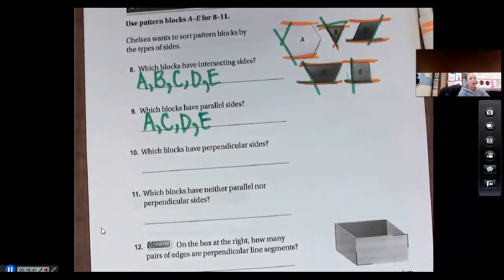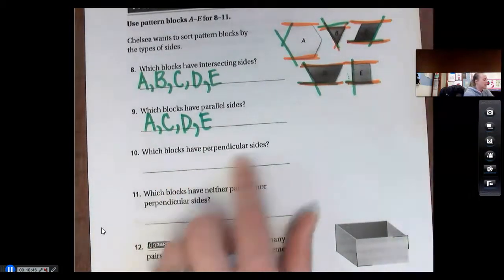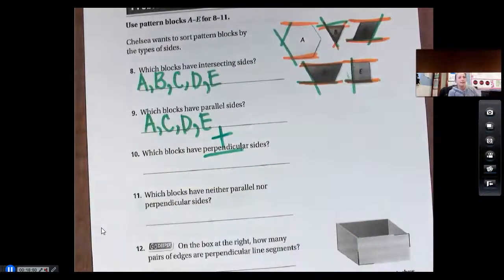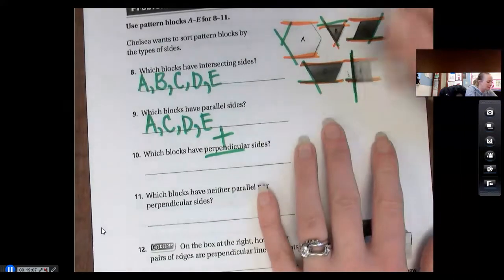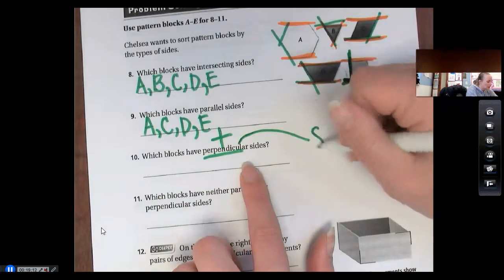All right, kiddos, our next question. Which blocks have perpendicular sides? Perpendicular means that we have made perfect T's. Do you see any shapes that make perfect T's? I only see one shape that would make a perfect T. Do you see the one shape that would make a perfect T? Well, the only one shape that would make perfect T's is the square. Perfect T's are only found in squares